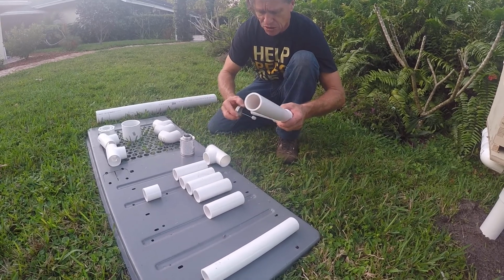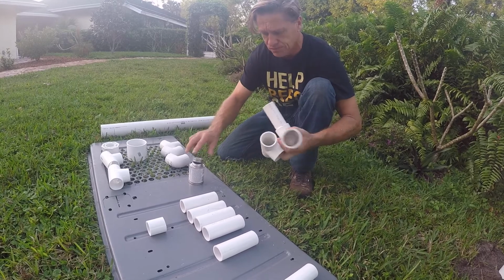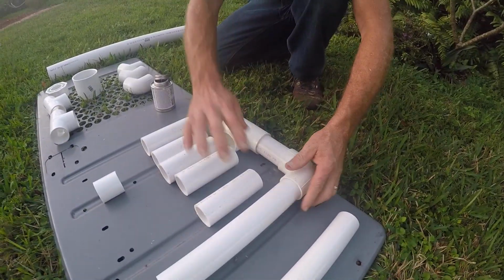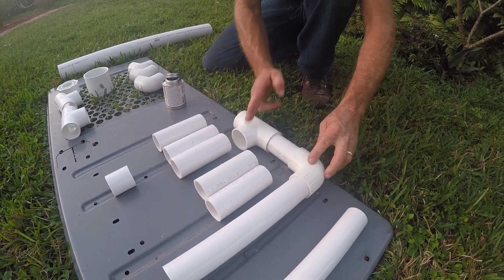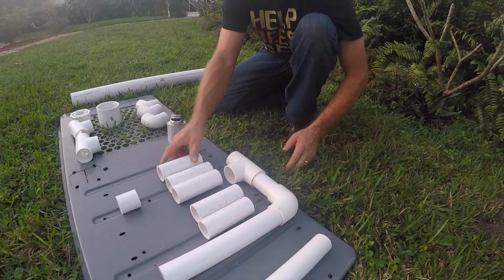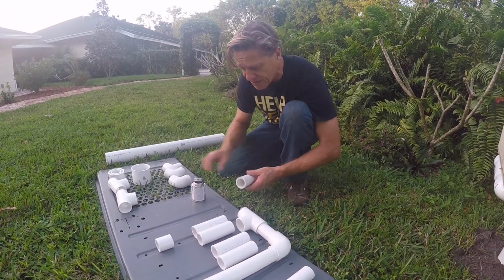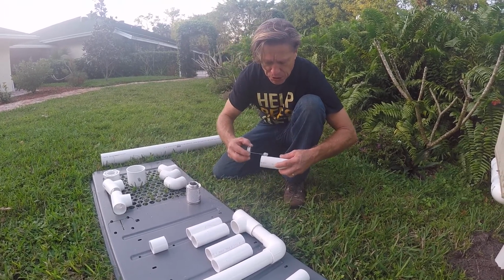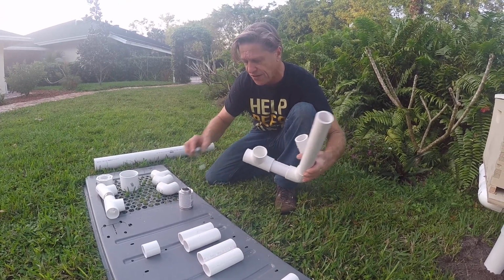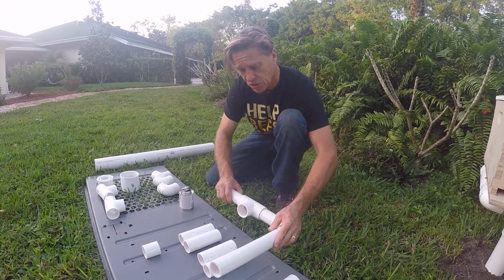So PVC glue, push it together, and then you want to put it down on a flat surface so it keeps this piece flat with this piece. Then I'm going to take my 5.25 inch long, 1.5 inch PVC pipe, put glue on the end, put glue inside the fitting, push it together, hold it so it doesn't pop out,